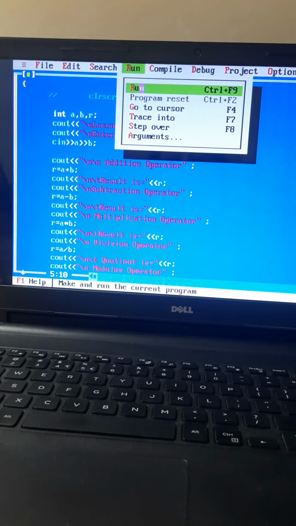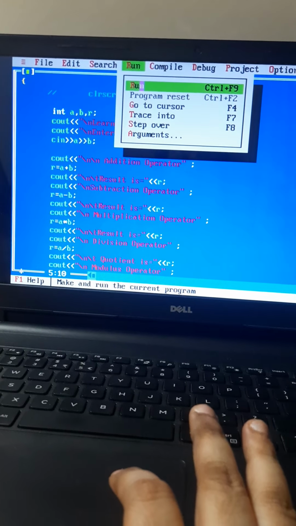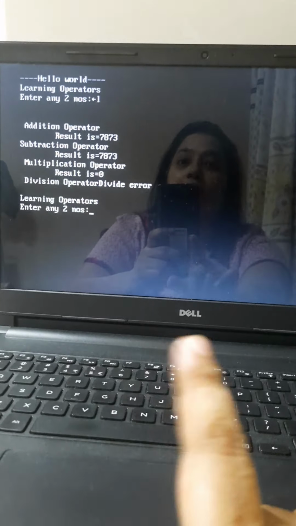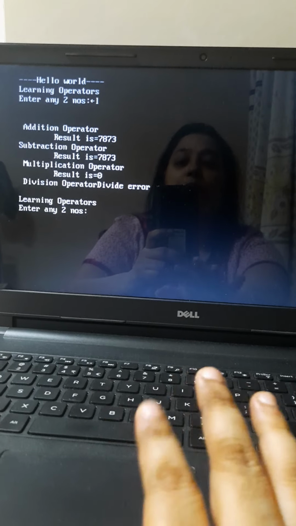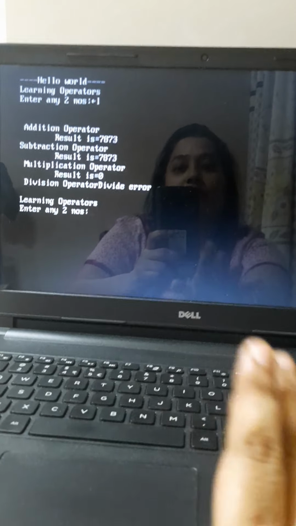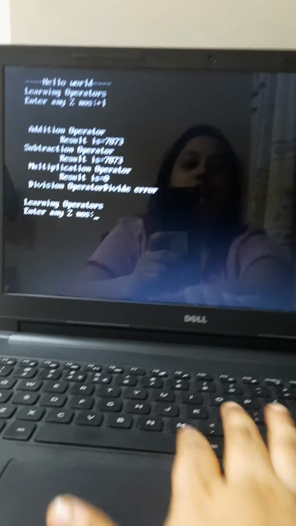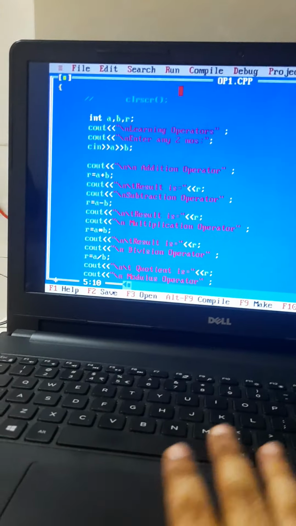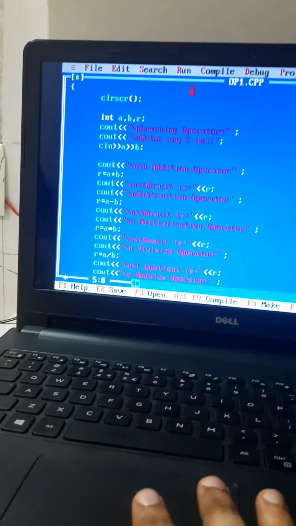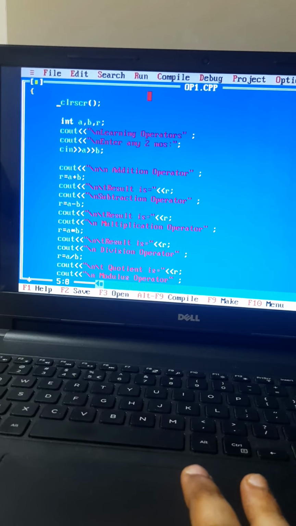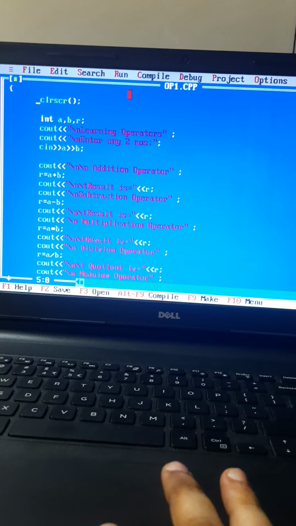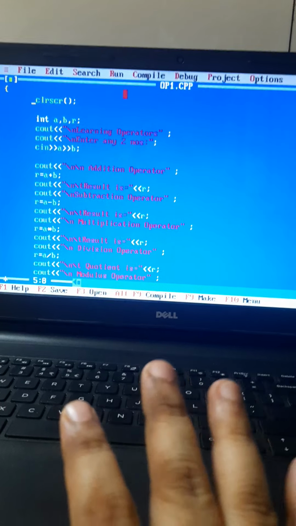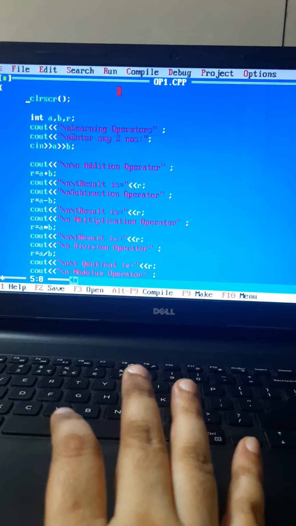So now if I say run, that is in the run menu, what you can see here is hello world and then the previously executed program output. So this I have executed for you. So this is going to happen. So what we can do is we can always write clrscr so that my output window is always ready for our output.